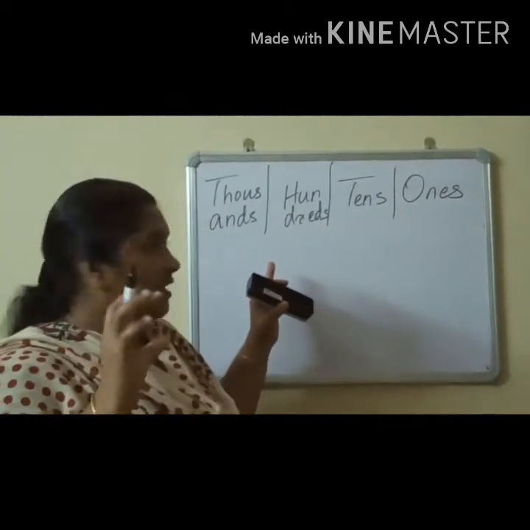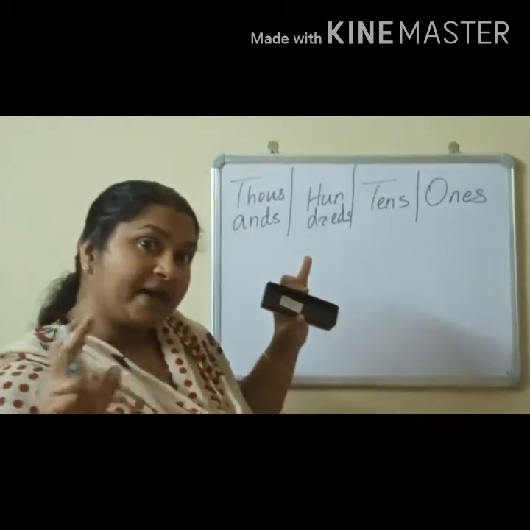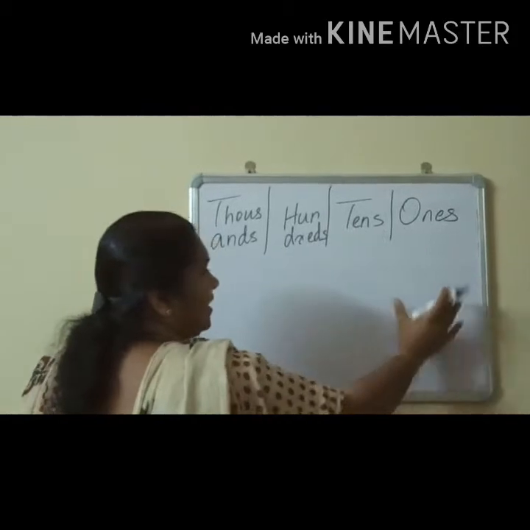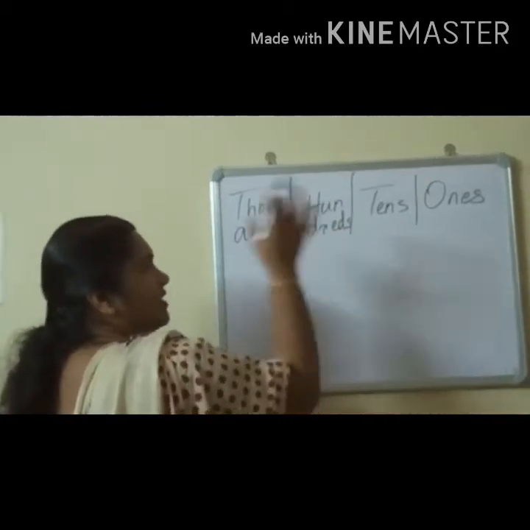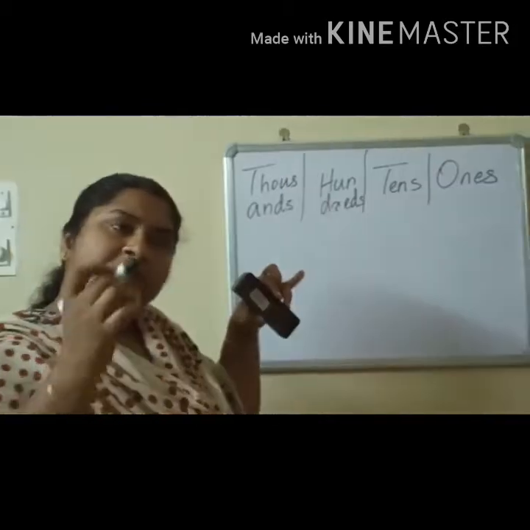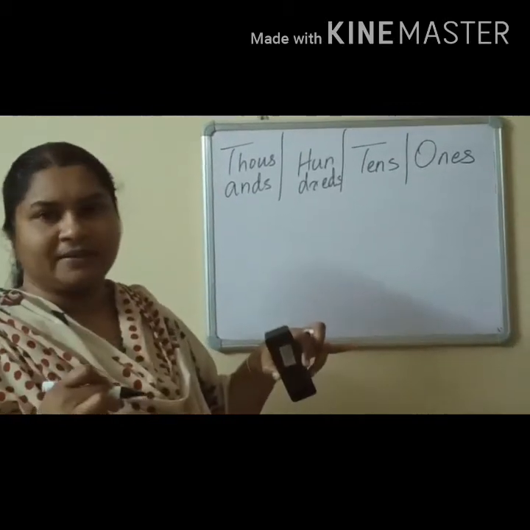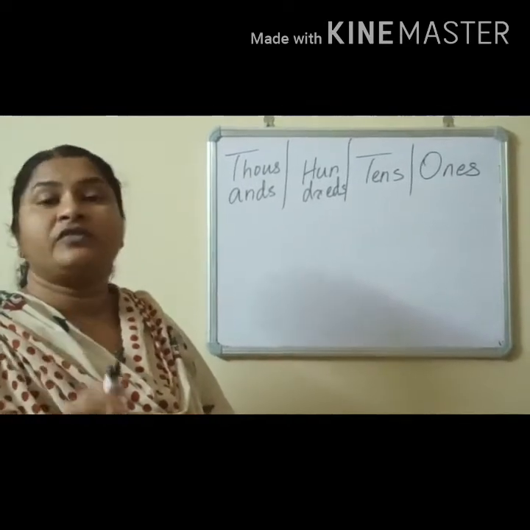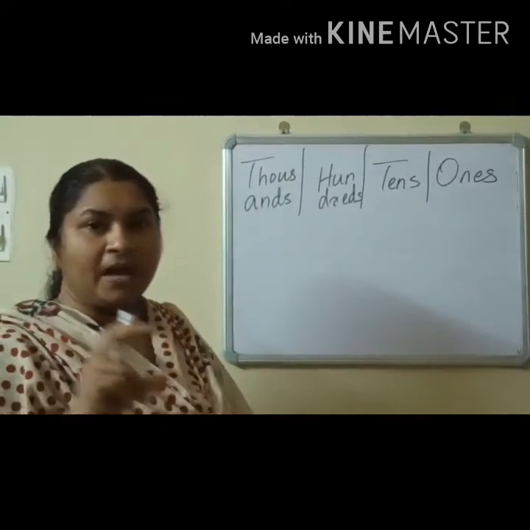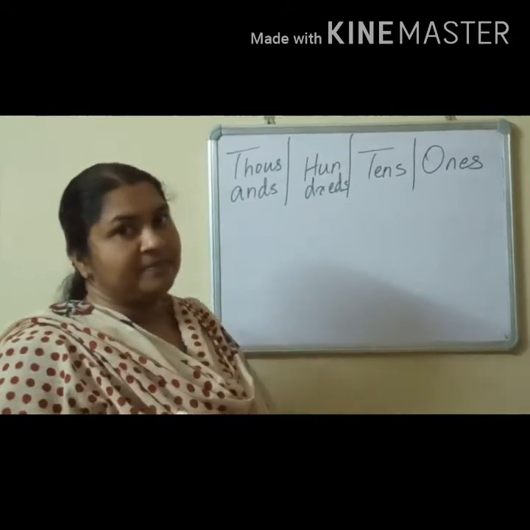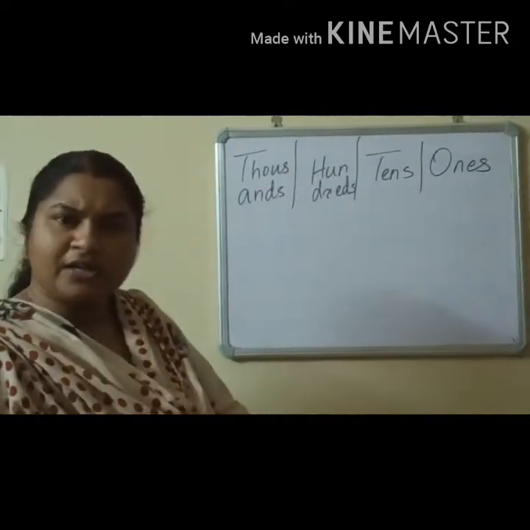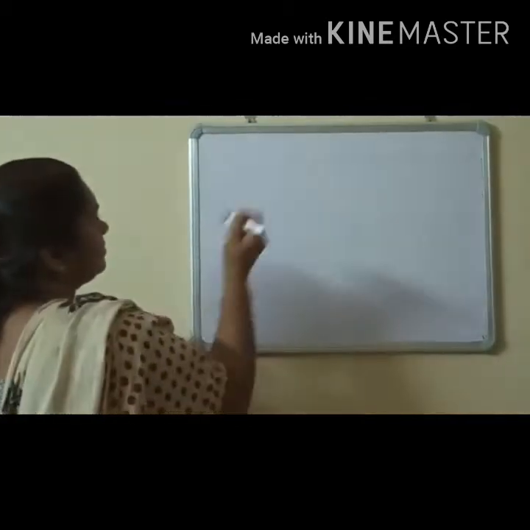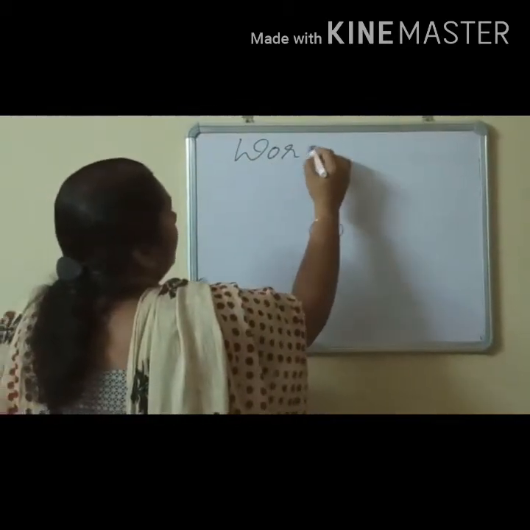Last day we have shown in an abacus. Don't you remember? Yes. There we had ones, tens, hundreds, thousands, and we formed many numbers last day. And today I come with the word form, that is the number name. How to write the number name? So shall we go directly to the word form.